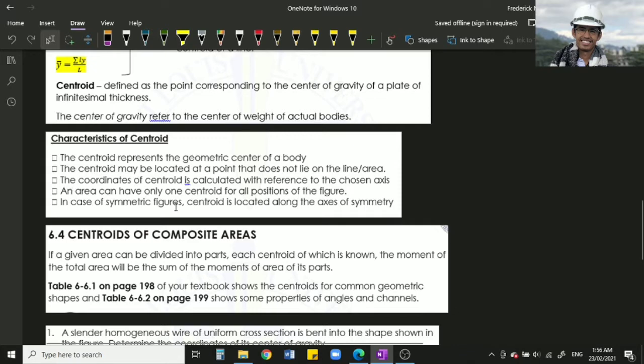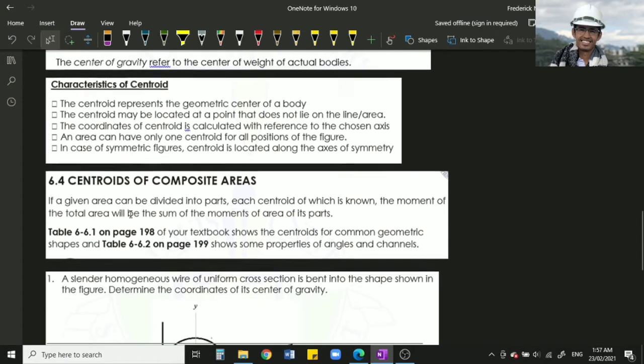The coordinates of the centroid are calculated with reference to the chosen axis. So, kinakalculate natin ang centroid, meron tayong reference which is yung X and Y axis. And yung reference natin, nakadepende kung nasaan siya. Pwede siyang nandun sa centroid or it depends dun sa ating problem or dun sa ating figure. Basta yung axis natin, meron tayong pinipiling axis na yun yung magiging reference natin sa pagkuha ng centroids ng ating